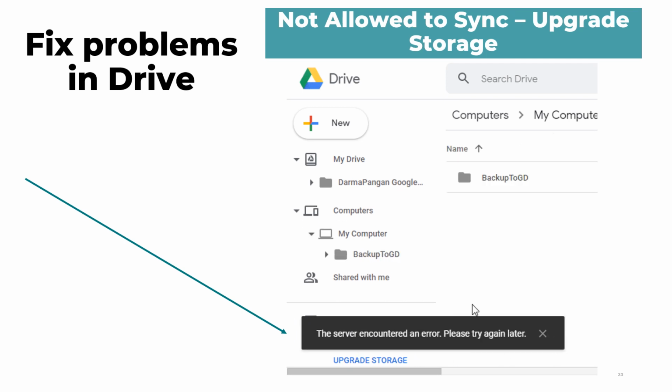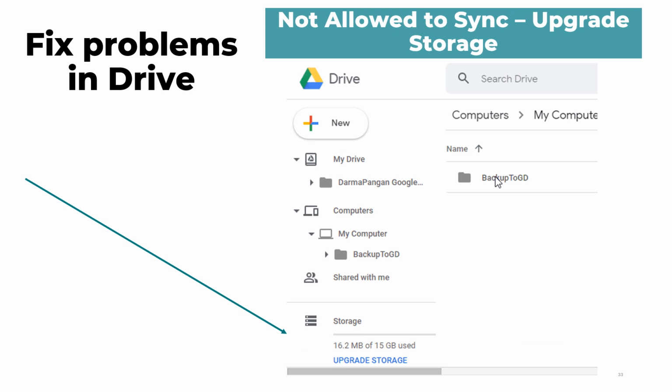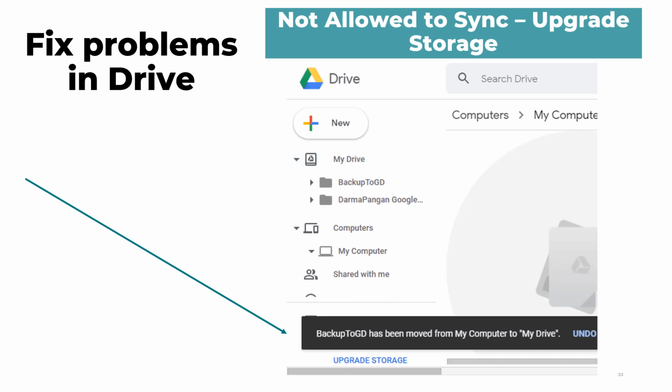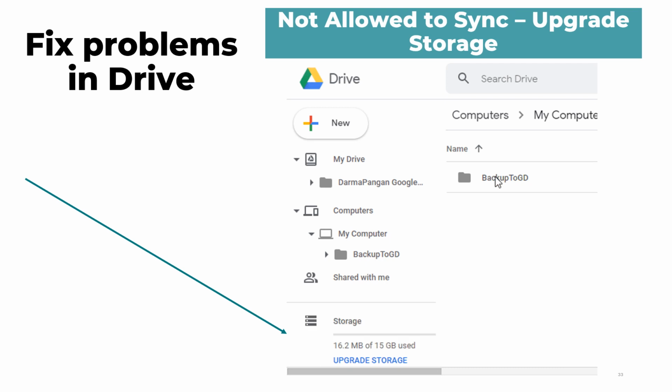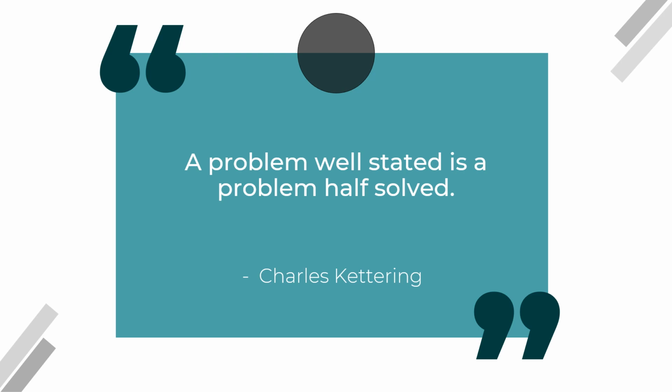When you work with your files, you notice that there isn't a save button. Well, as you're working through files, you can't find one. The reason you don't see a save button is because Google Drive has a built-in auto save feature. This is a great quote to ponder on when you are stuck on a technical issue: a problem well stated is a problem half solved.